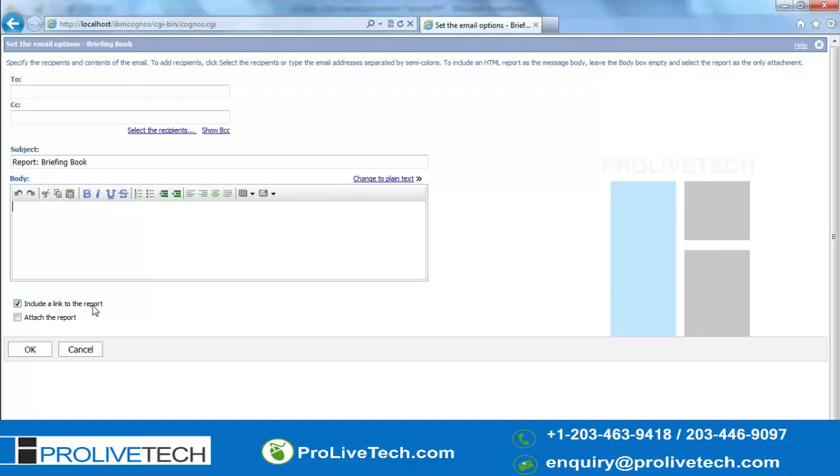If you provide the link and they click on it, the output will open for them. Whereas if they don't have access to Cognos, you can attach the report, so the report output will go to them directly and they can open it on their local machines. Then click on OK. So that's how you can schedule your report.